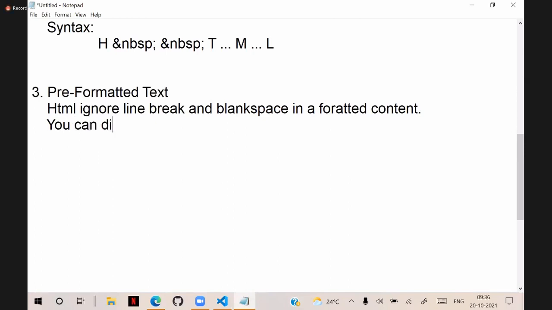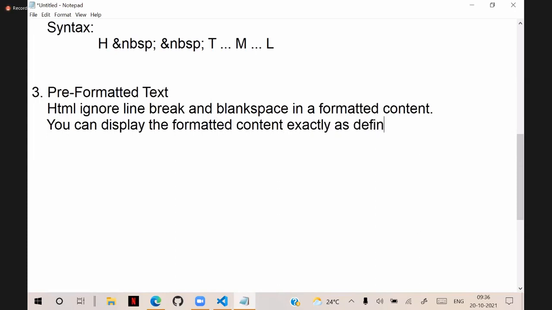So you can display the formatted content. You can display the formatted content exactly as defined in the editor by using